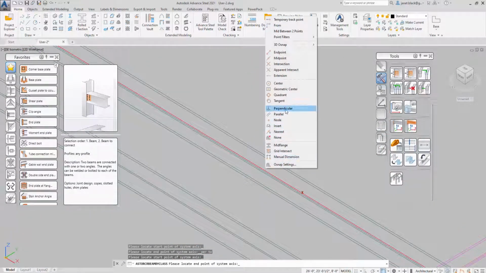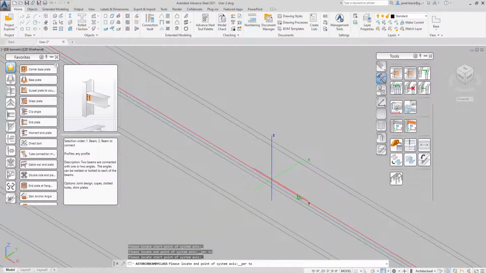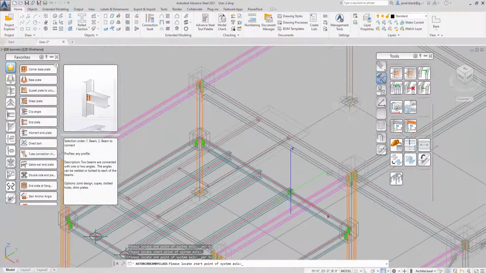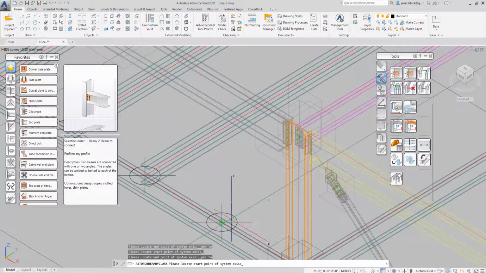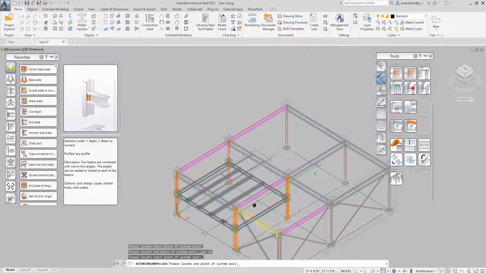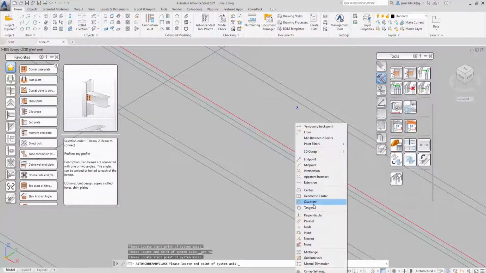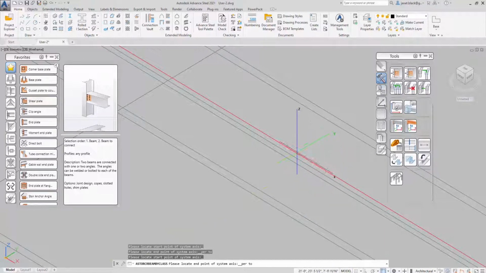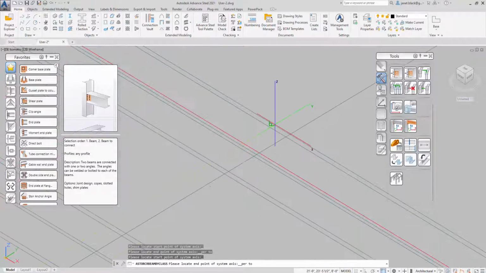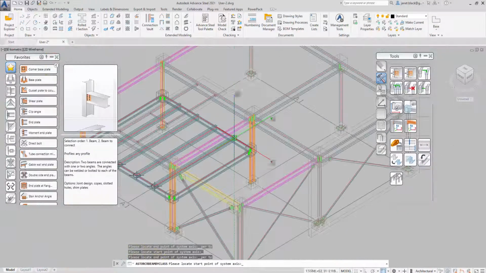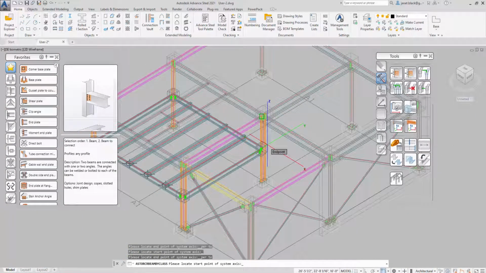I don't have my perpendicular O snap on, so I'm forcing it by right-clicking and selecting perpendicular from the contextual menu. So there we go. So once that's done, you're going to hit the Enter key to bring up the properties